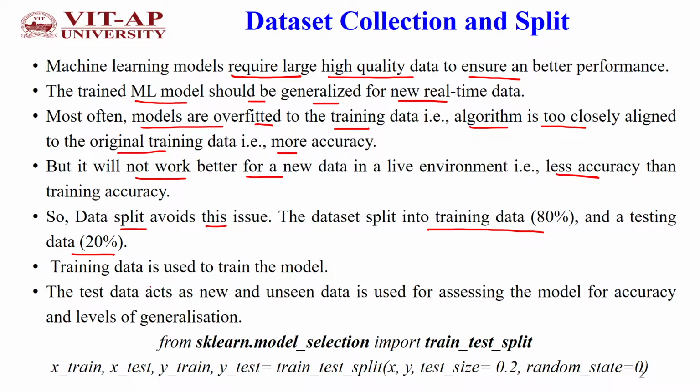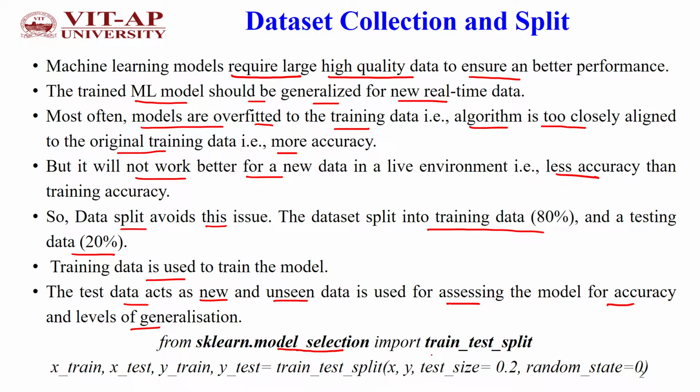The training data is used to train the model, and the testing data acts as new and unseen data which is used to assess the model's performance in terms of accuracy, to make that model a generalized model. In machine learning, in the scikit-learn package, model_selection